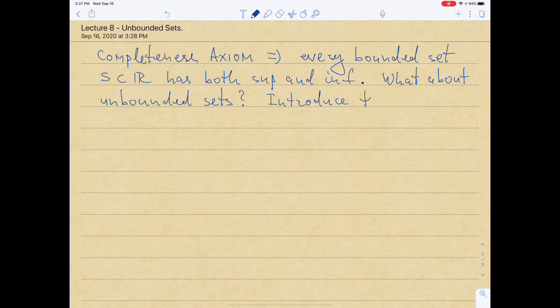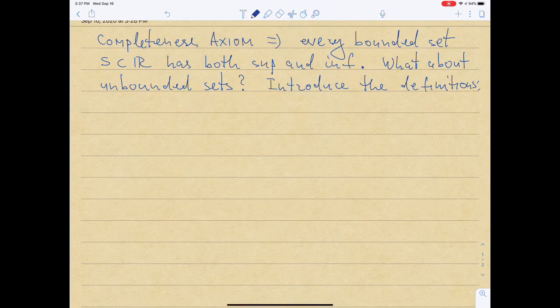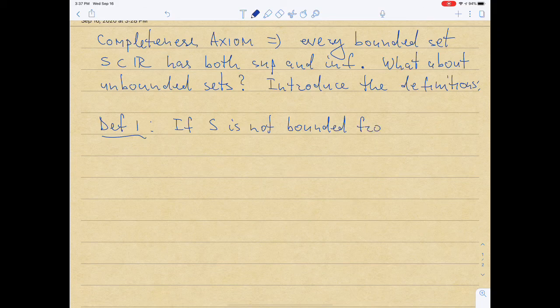Definition number one: if the set S is not bounded from above, then we would say